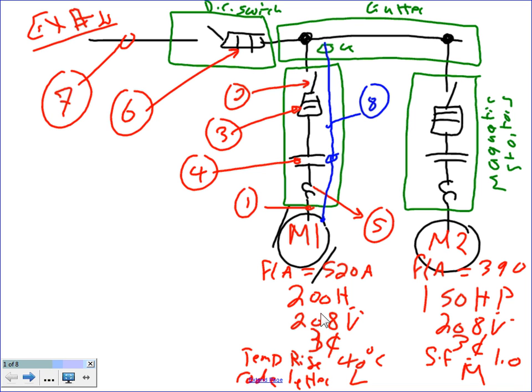I have 2 motors. Cool, everybody can read that, 2 motors. The full load amps for the first one is 520 amps. The second one, 390. The horsepower is 200 for the first baby and 150 for the second baby. The voltage is 208 for both of them because they're tied to the same system. And we no longer joke with single phase, so we're doing 3-phase. From now on, we're moving to a 3-phase system. I have a temperature rise for the first one of 40 degrees Celsius, and a service factor for the second one of